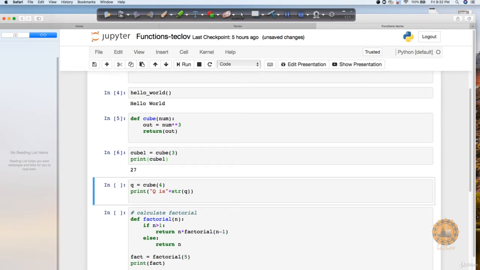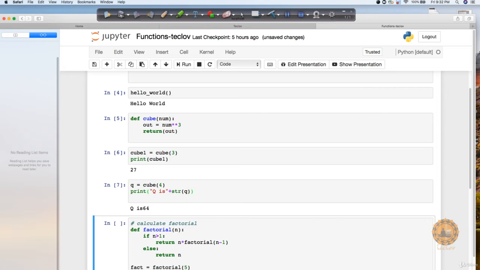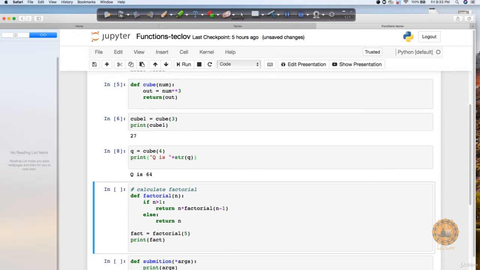Let's see this. If I come here and execute this, you can see that I got 27. Similarly, if I pass 4, it is going to return me 4 to the power 3, which is going to be 64, and you can see that I got 64. Right? So this is the way we can get this output. You can see that in this case I got "Cube is" and there's no space after that. So in order to add a space, as we learned in the string section, you can just say "Cube is " with a space and 64. So this is how it's going to be taken care of.